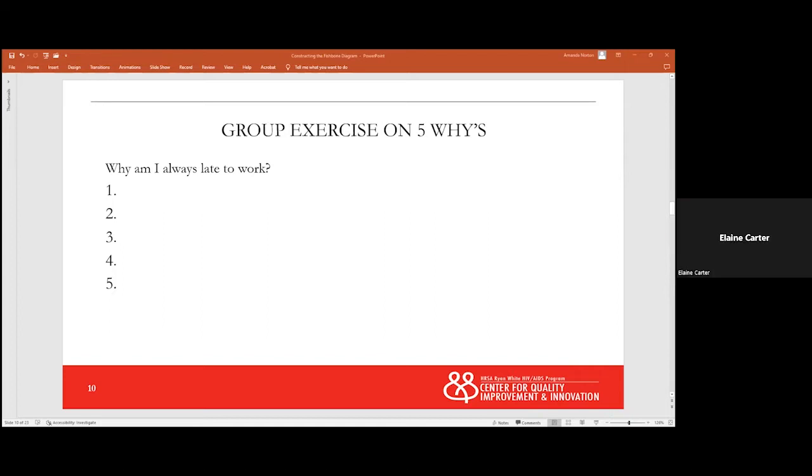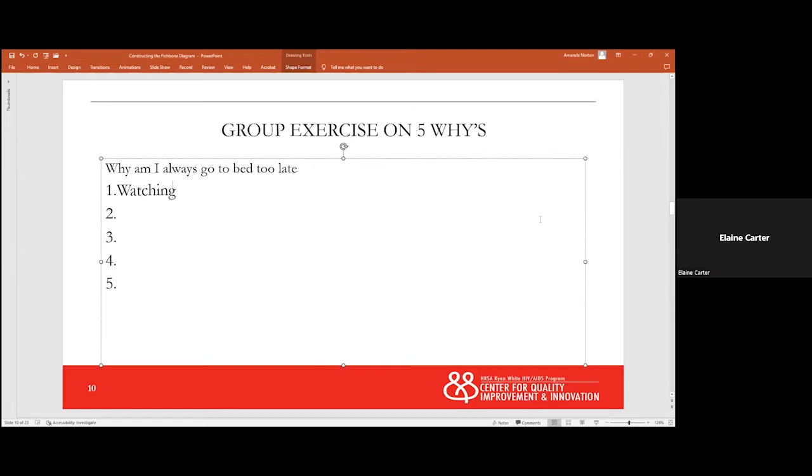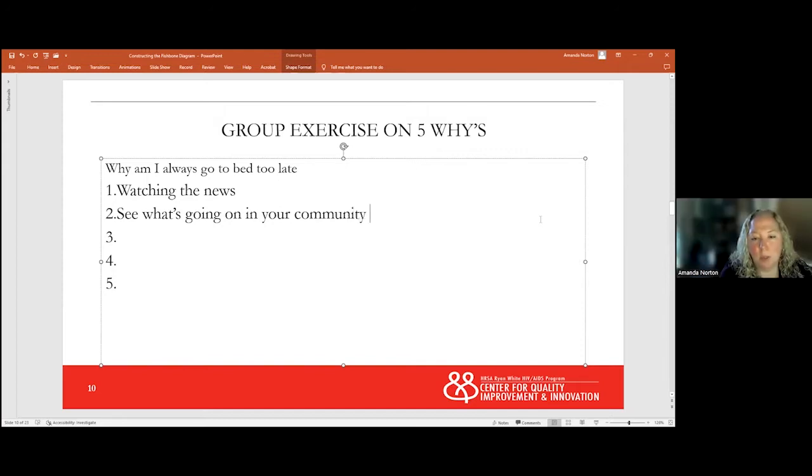I go to bed too late. You go to, okay, why do I always, let's change it. Okay, so why do you always go to bed too late? Why is that? Because I'm watching the news. And why are you watching the news? Because I want to see what's going on in my community. And why do you want to see what's going on in your community? Because it's important to me